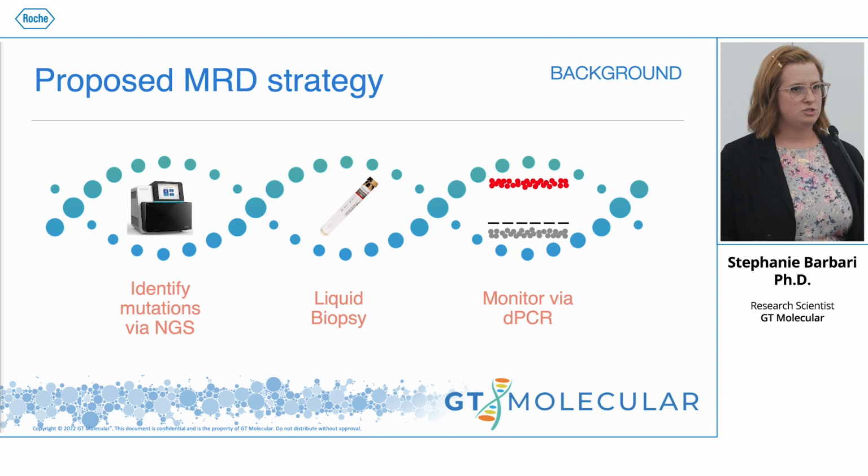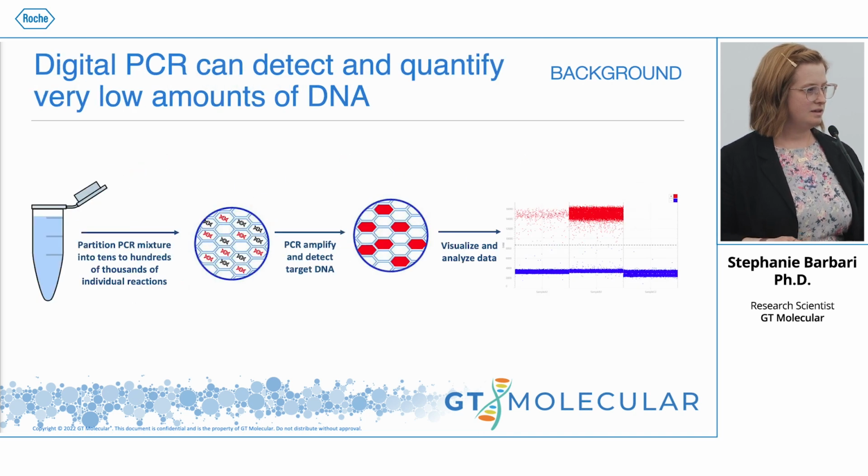So we propose that the best strategy for minimal residual disease monitoring is to identify the driver mutations using NGS, and then collect liquid biopsies and use digital PCR to detect those mutations that were identified via NGS. And you already kind of mentioned this, but for those that may not be familiar with digital PCR, we believe digital PCR is the best method for this because it's much more sensitive than other traditional PCR methods. And this is